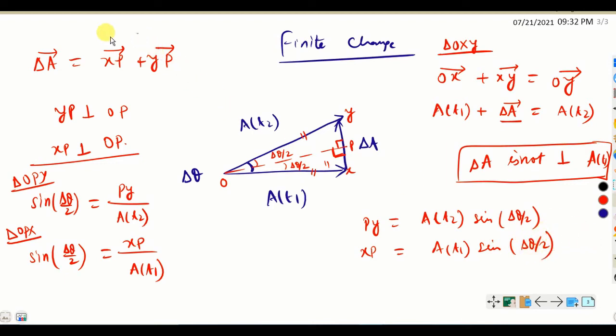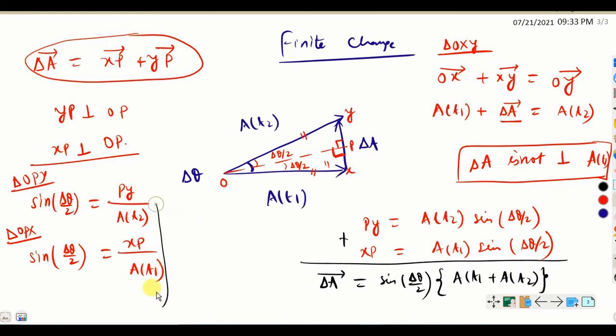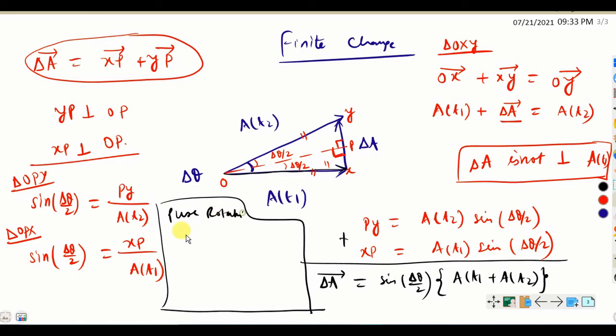Now we have this result waiting for us. We can write delta A is XP plus YP, so we can easily add these and get delta A. Delta A will be, with sine delta theta over 2 as a common factor, A1 plus A2. Now we have a very interesting result and comment: if the rotation is pure rotation and the change is finite,